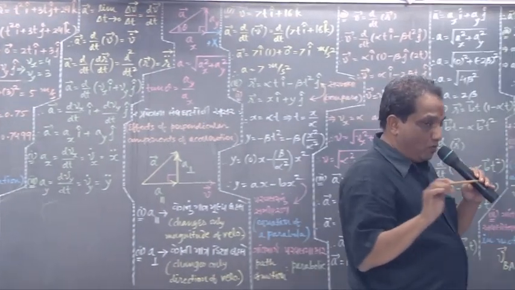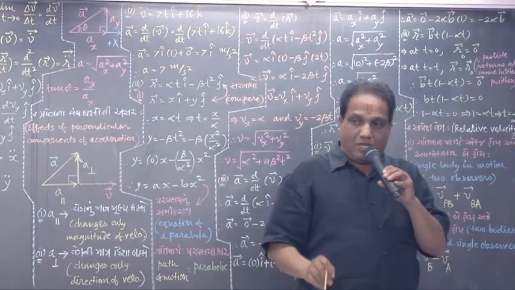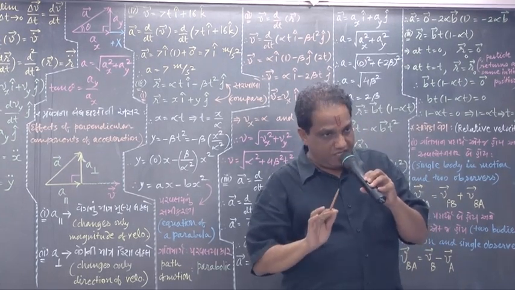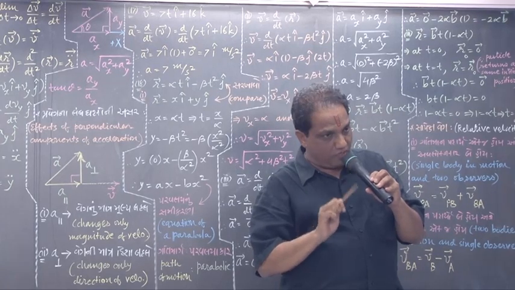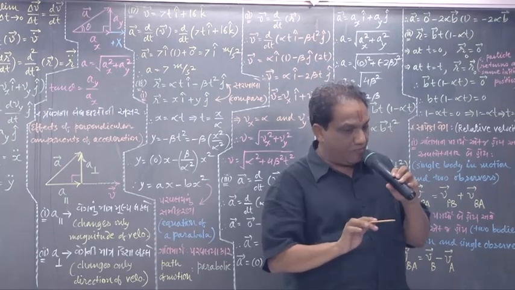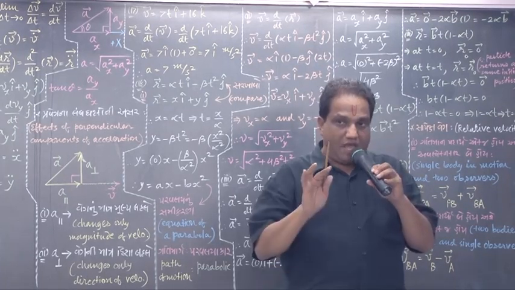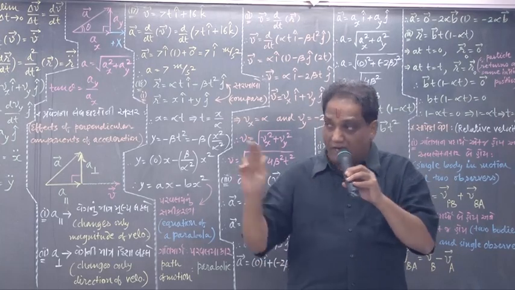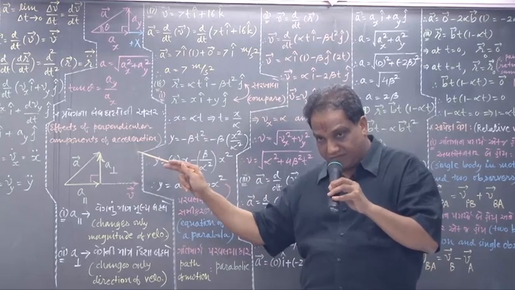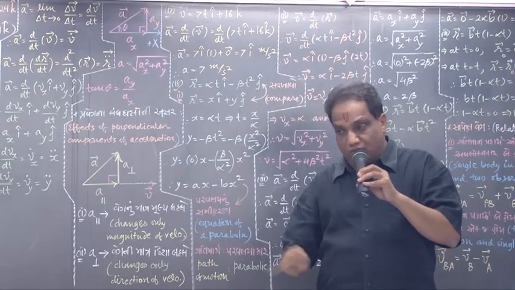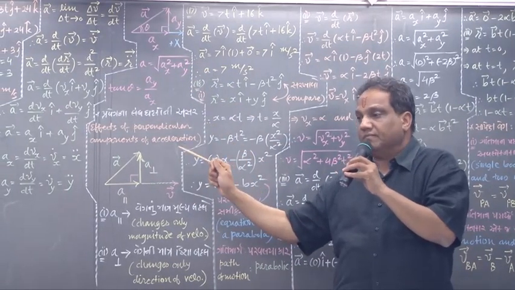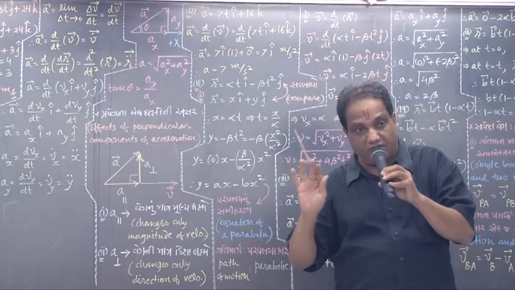I just make a good suggestion for everybody. Don't prepare any numerical or any theory from the textbook. Whichever points are missing in the textbook, whichever points are difficult, every such point I am making very much clear here, and all the intermediate missing steps I am writing here in the numericals. So once you understand from this description, please prepare from this only. Then only you will feel confident in numericals.